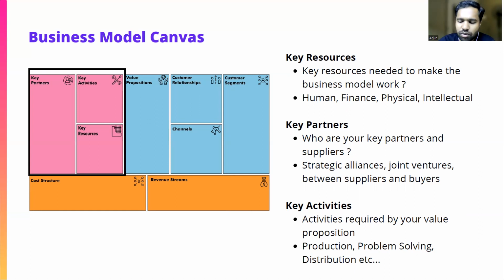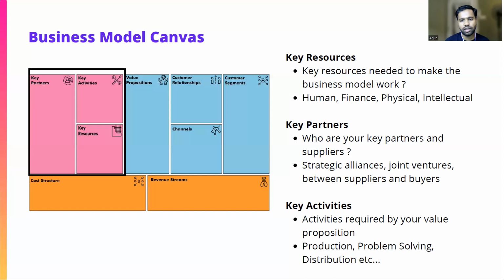So basically, your activity is very simple. Your activity is kind of like executing this business model now. You have validated all of these things. You now have a product that you feel has achieved product market fit. So now you need to execute it. You need to start mass producing it, and you need to start selling it.